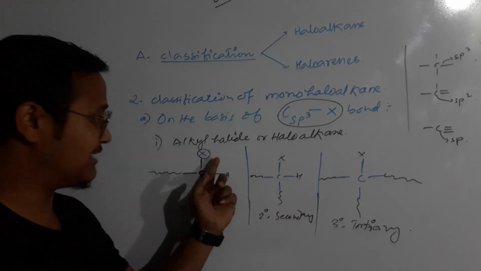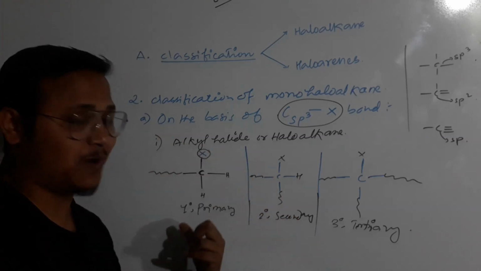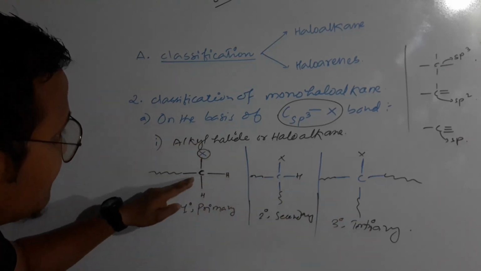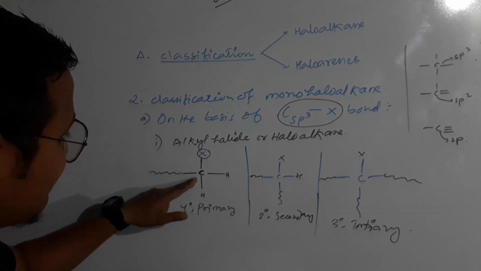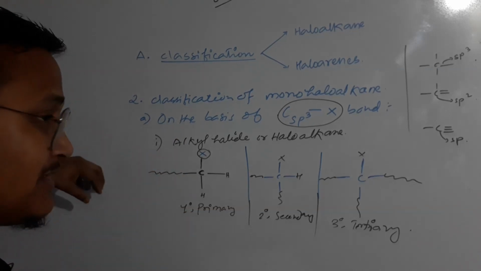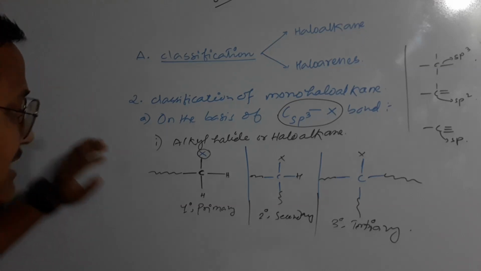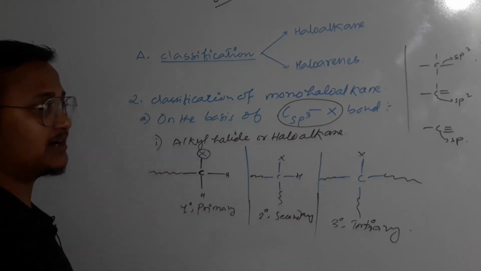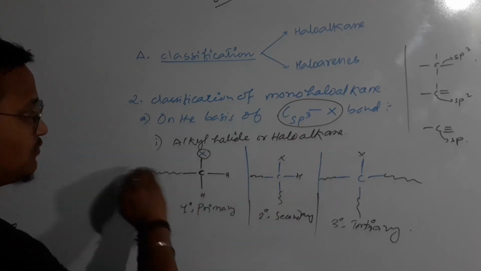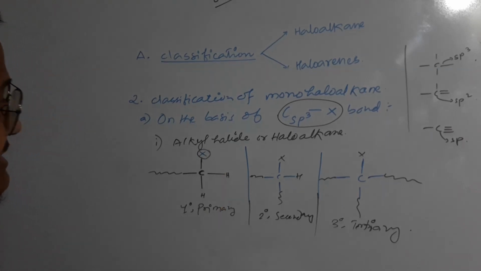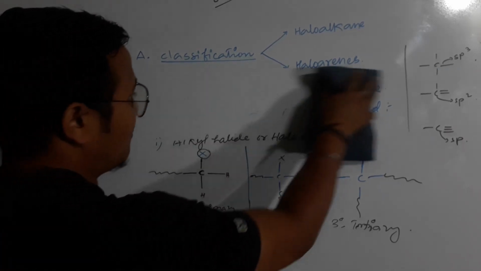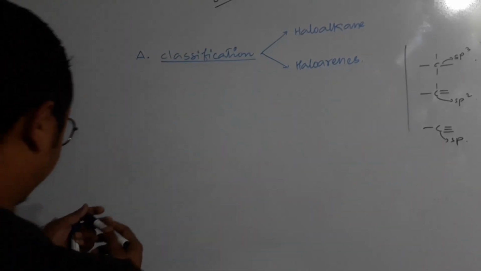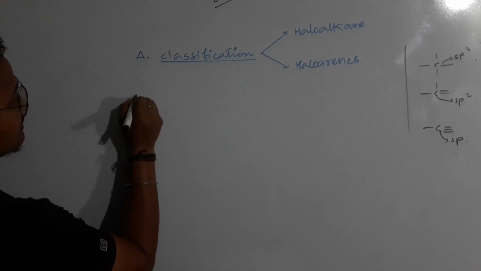If in place of halogen I have an OH group, then also the basis of 1 degree, 2 degree and 3 degree classification is the same. That means on the alpha carbon, if that alpha carbon is bonded with 1 alkyl group or 1 carbon chain, then 1 degree. 2 carbon chains or 2 alkyl groups, then 2 degree, and if 3 carbons, meaning no hydrogen, then it is 3 degree. Clear guys? So one classification is your alkyl halide, or as we know it, haloalkane. Okay, so let's proceed to the next one.